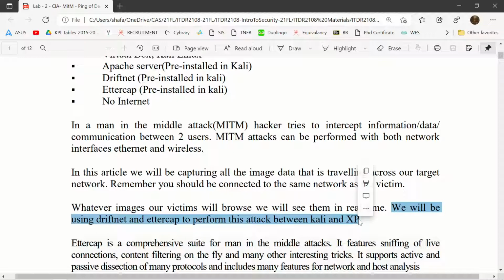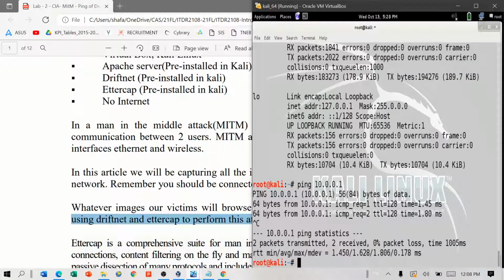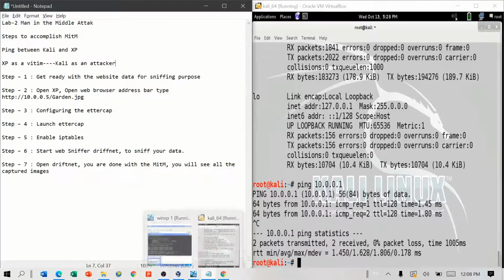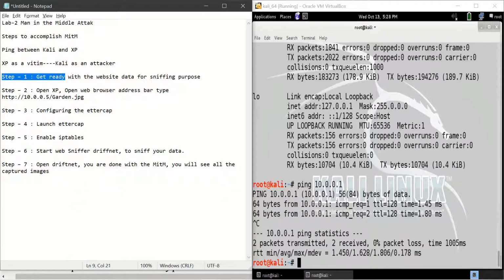Students, let us go to step two. From here, we are going to create the website data. We are going to prepare a website that we will browse in XP.